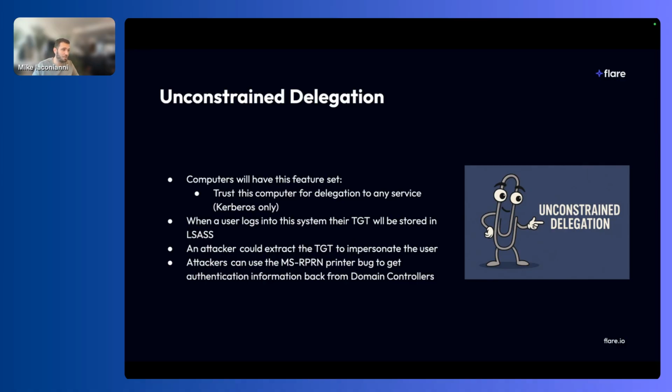So if an attacker were to use something like Mimikatz, once again, they would be able to extract it and impersonate that said user with the TGT, so pass the ticket right there. Essentially, the limitation with this attack is you need the user to somehow authenticate to the system that you compromised. However,